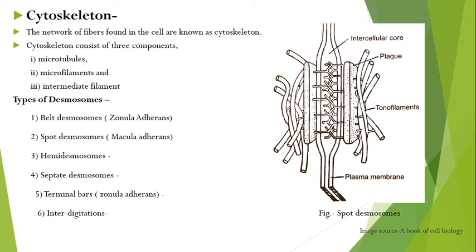In these desmosomes, two plasma membranes remain separated by a distance of about 150 to 200 angstrom units, and both remain joined by many transverse parallel septa. These septa are found to be continuous up to the outer proteinous layer of the plasma membrane.